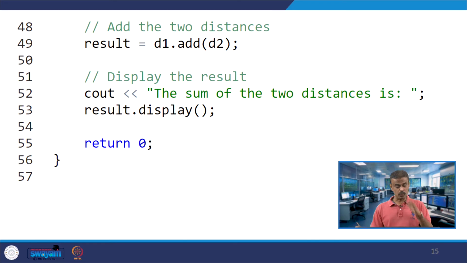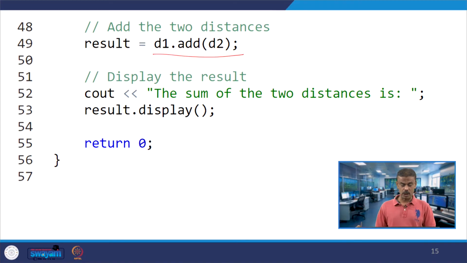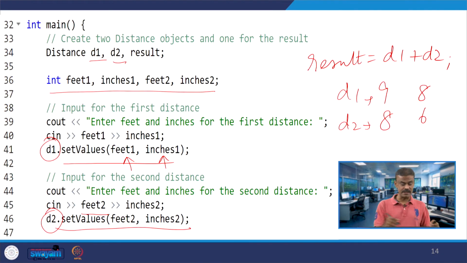Now this is the syntax I wrote, if you recall: D1.add(D2). Whatever the result is, you are putting it in the result object, and the result object is under class Distance.